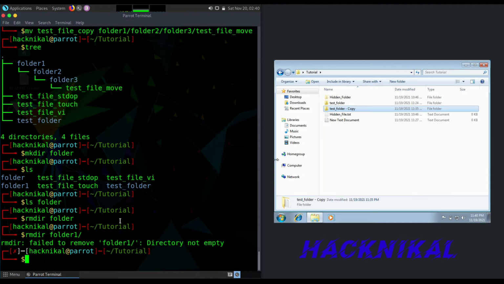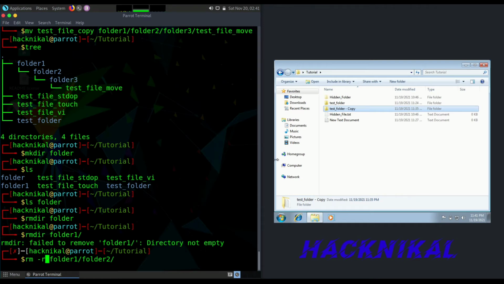To remove the folders, you will need to use the command rm with -r to recursively delete all the files and folders inside the directory which we are giving over here: folder 1, then folder 2, and folder 3. Let me just delete folder 3 first.